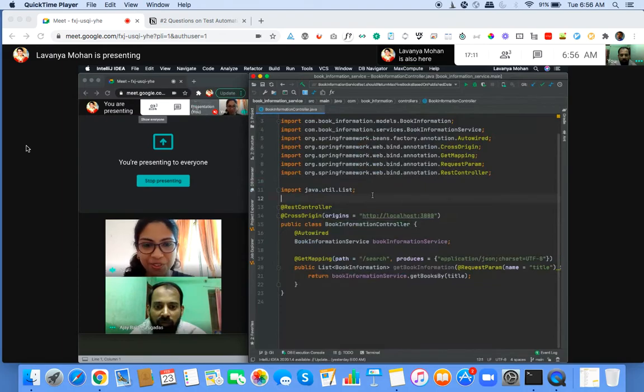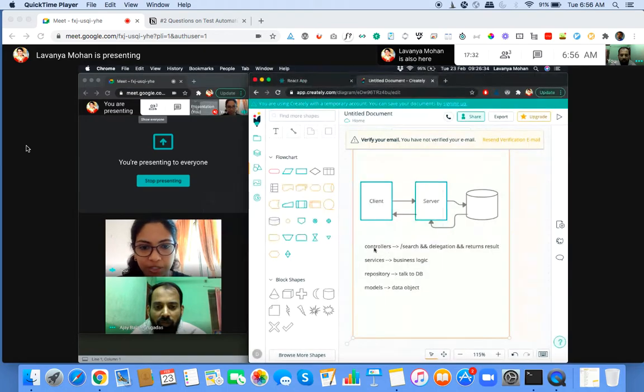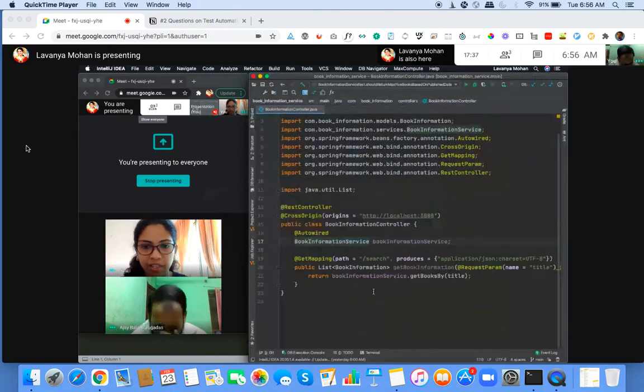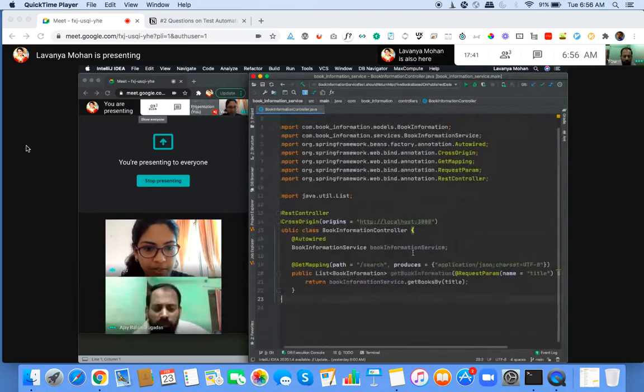Ajay is definitely looking at this code for the first time, and let's assume that we both are not very familiar with Spring Boot applications in general. So we might not know a lot of annotations that are present here. But what we can still do is try to use the English language words that are present here to understand what is happening. And since we already know a little bit about what the responsibility of these different layers are, we can try to understand that. First step, is this font clear enough? Should I make it bigger?